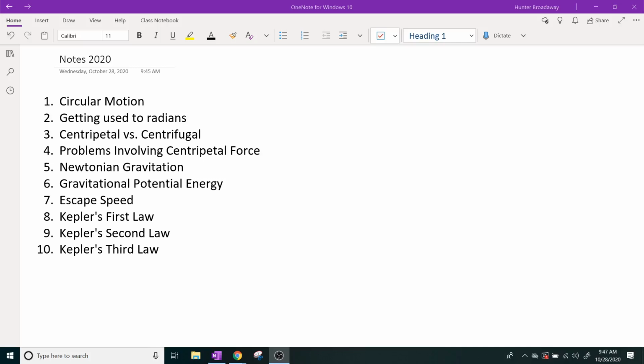Gravity is a thing to talk about. I'm trying to think about the way that I want to structure this. I mean, eventually we are going to have to talk about Kepler's first, second, and third law because a lot of gravitational energy comes into play here. Because if you're thinking about circular motion, one of the best places for these things to occur is